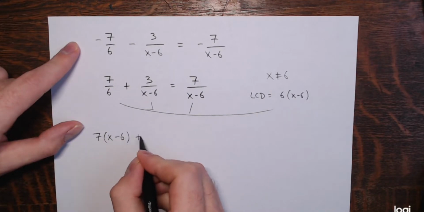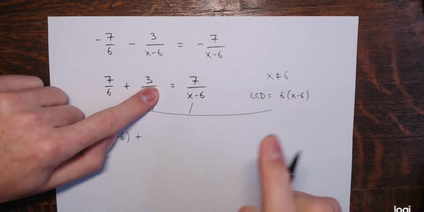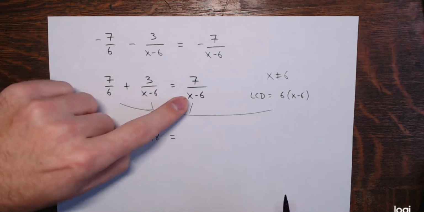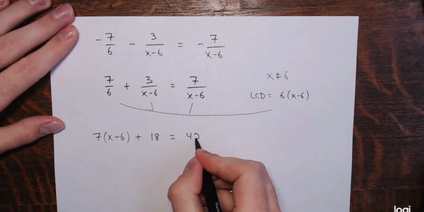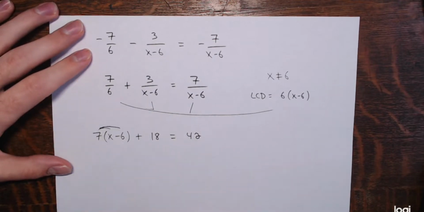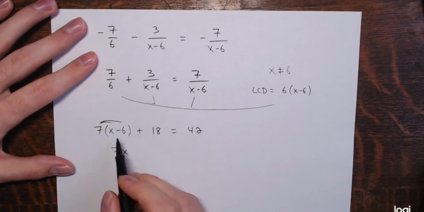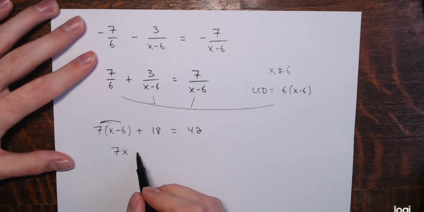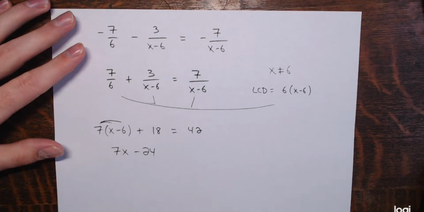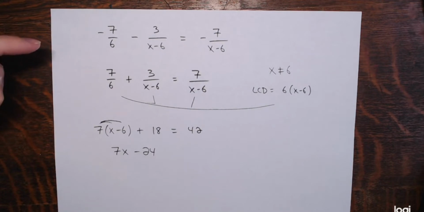plus the second fraction on the left, the x minus 6's would cancel. I'd have 3 times 6, or 18 left. And on the right side, the x minus 6's would cancel, and I have 7 times 6, or 42. Over here on the left side, I'm distributing the 7. So I have 7x minus 42 plus 18, which is minus 24. Yeah, negative 42 plus 18, it would be minus 24